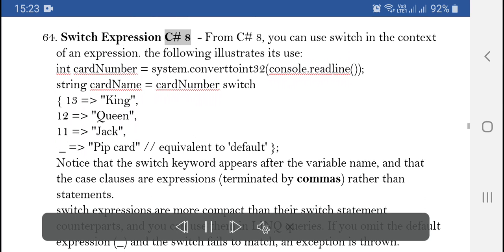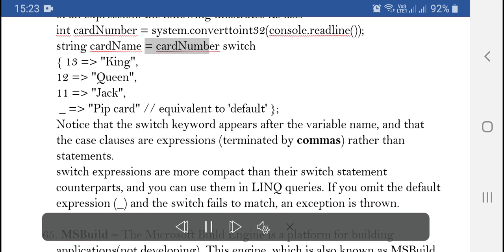Switch expression. See C# 8.0. You can use switch in the context of an expression. The following illustrates its use. int cardNumber = System.Convert.ToInt32(Console.ReadLine()); string cardName = cardNumber switch { 13 => "King", 12 => "Queen", 11 => "Jack", _ => "Pip card"